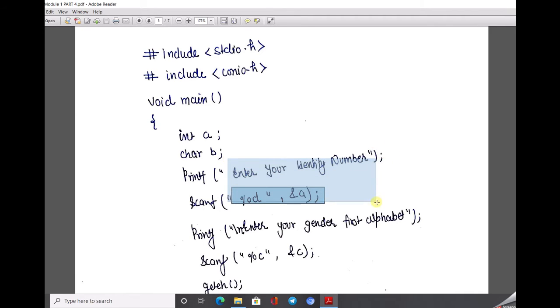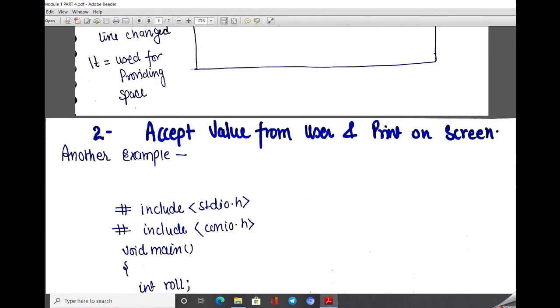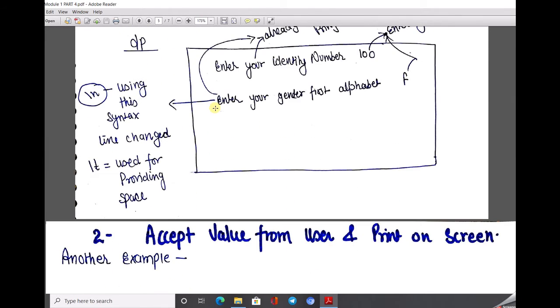That means after performing this action, when you receive the value from the user, you change your line, because printf prints the line enter your gender first alphabet. But first of all, you did the new line. So here our cursor comes to the new line and types the statement and receives the data.